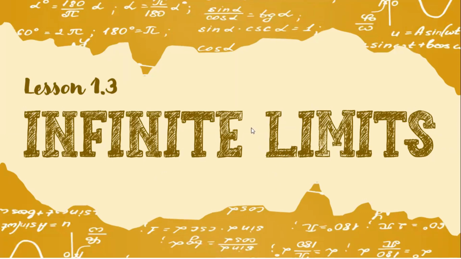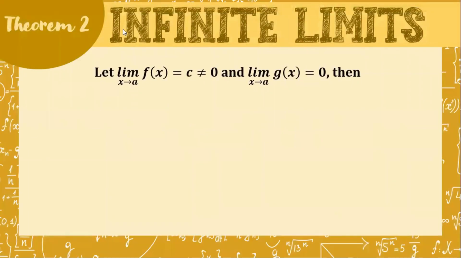Welcome to Lesson 1.3, Infinite Limits, Part 2, which is Theorem 2. Now let's go to Theorem 2. We have here the limit of a function f of x as x approaches a is equal to c, which should not be equal to 0, and the limit of g of x as x approaches a is equal to 0. Then